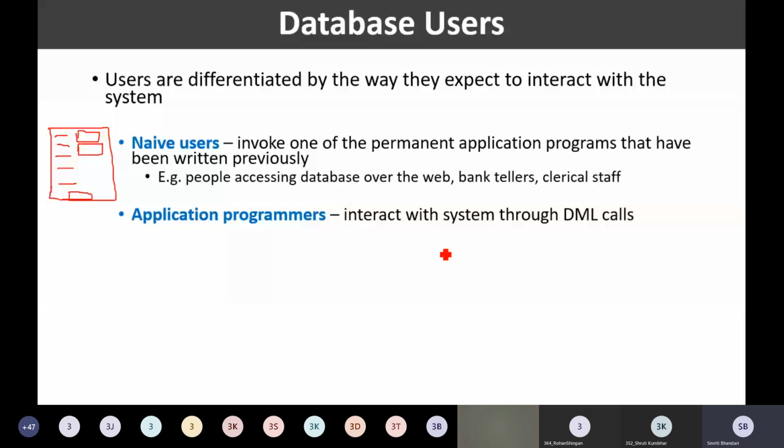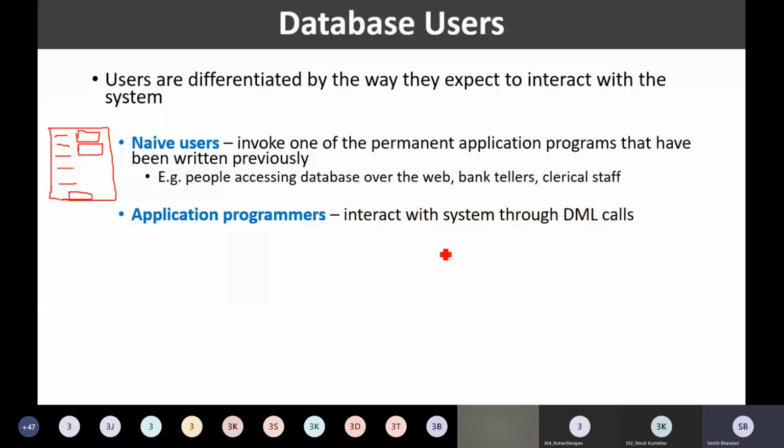Many times these application programmers are using some kinds of tools, right, to develop the user interfaces. So while writing a program, the application programmers are making use of certain tools. To name one simple tool, the Rapid Application Development Tools, RAD tools.